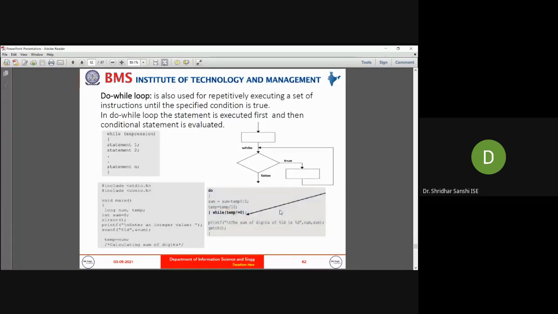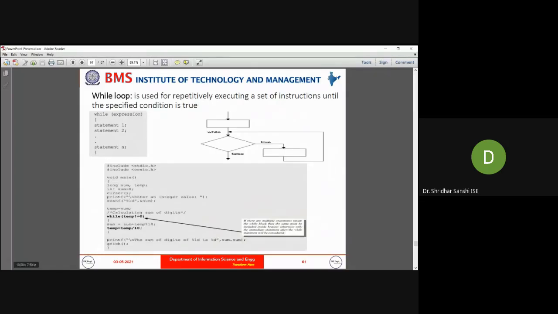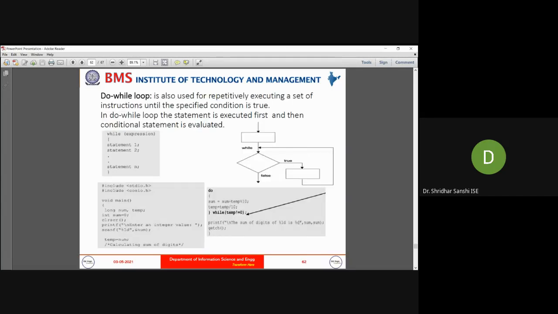You can compare that with a while loop. If the condition is false, you will not execute even one time. Depending on the result of the condition, you may or may not execute these instructions. But when I talk about do while, you will execute these instructions at least once.